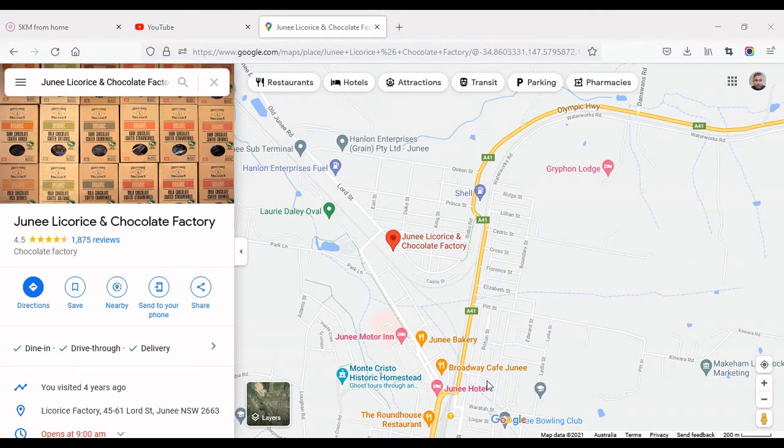Hi, I just wanted to talk to you a little bit more about Junee Licorice and Chocolate Factory's location. And I really wanted to try and hit home with you the idea about the spatial dimension. The spatial dimension in geography is a core concept which talks about where something is, but also why it's there. And it's a hallmark of a good geographer and good geography writing, if we're thinking about our HSC, is if